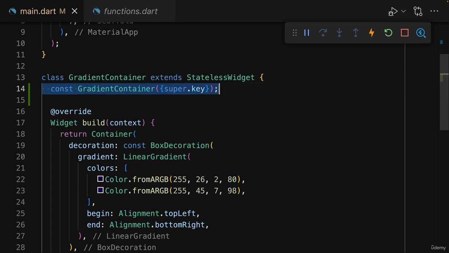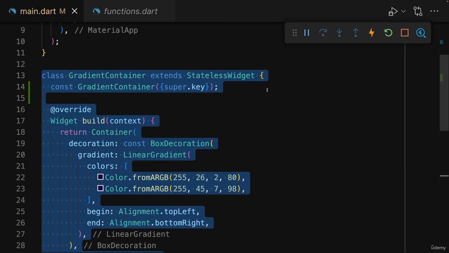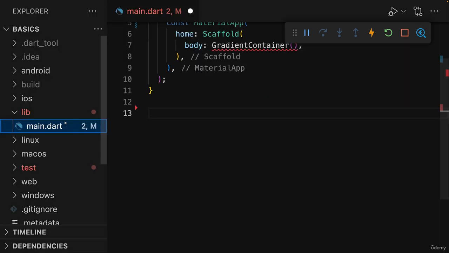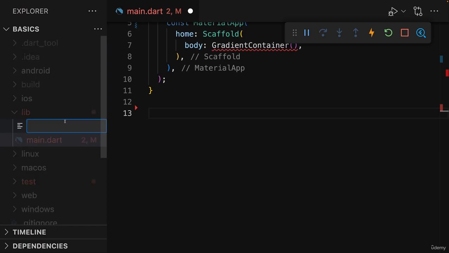Now, besides constructor functions, the other thing you should be aware of when working with classes is that it's considered a good practice to put them into a separate file. So here we can select this entire class and cut it, and then in the lib folder add a new file, which I'll name